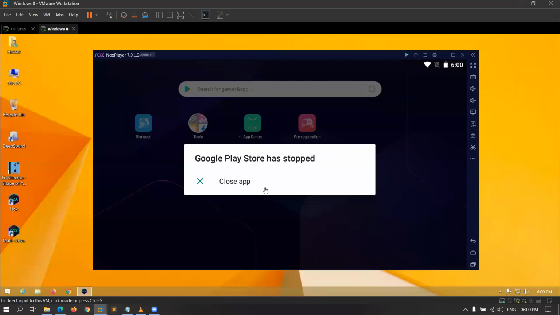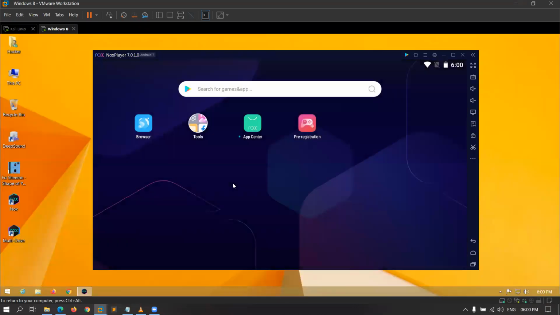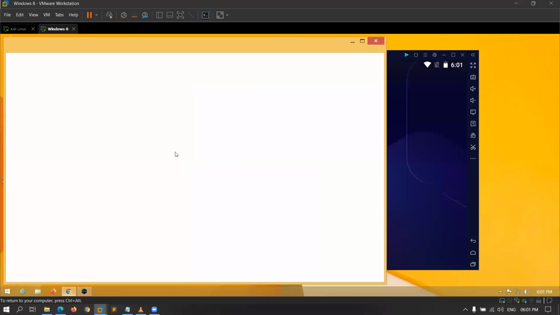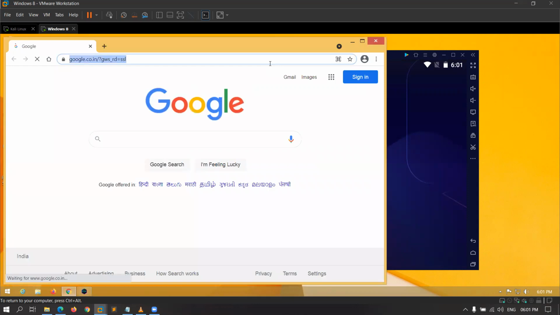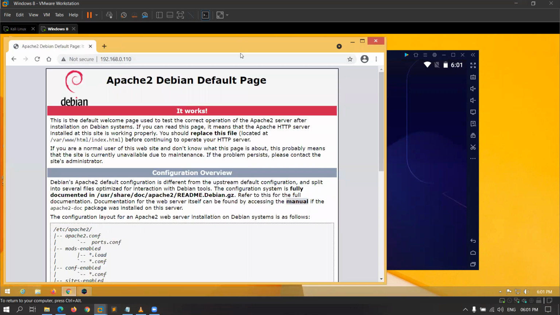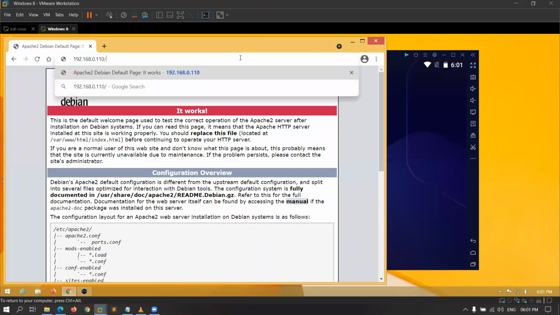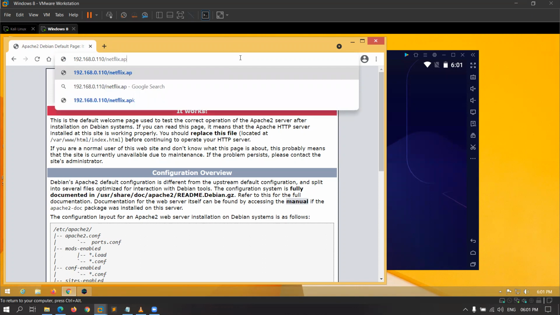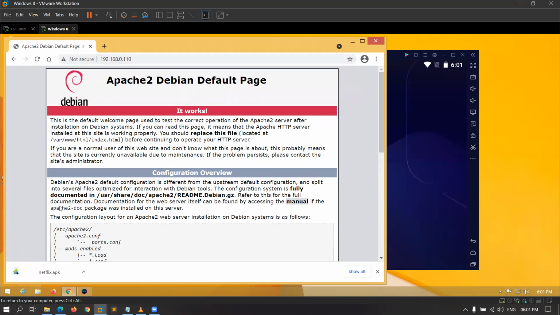So let's install that payload on my Android phone. I will type the IP address of the attacker slash the name of the file. So I have downloaded it and I am opening it.